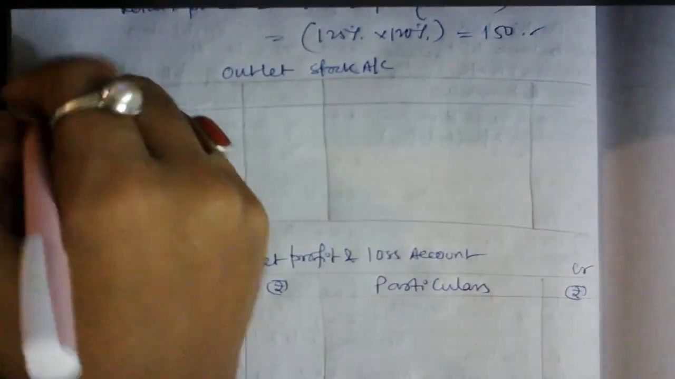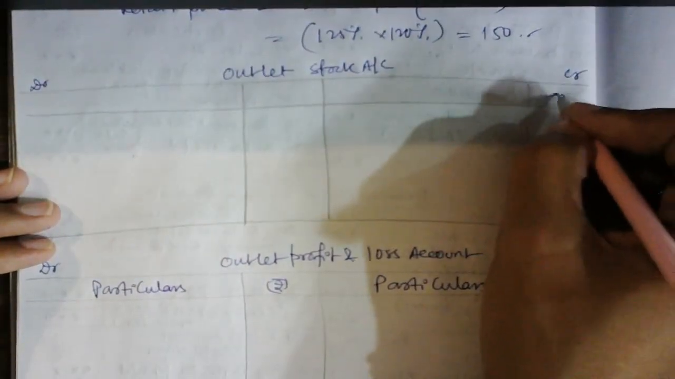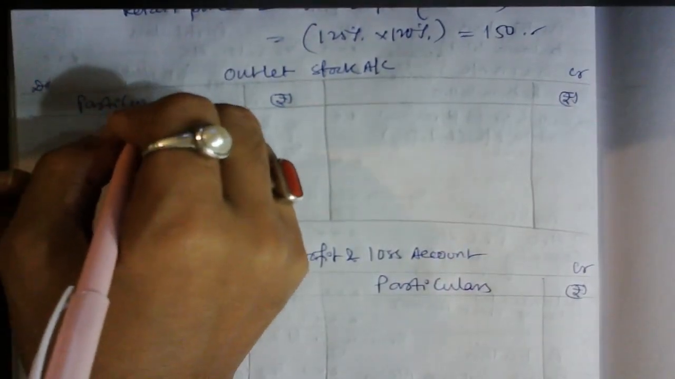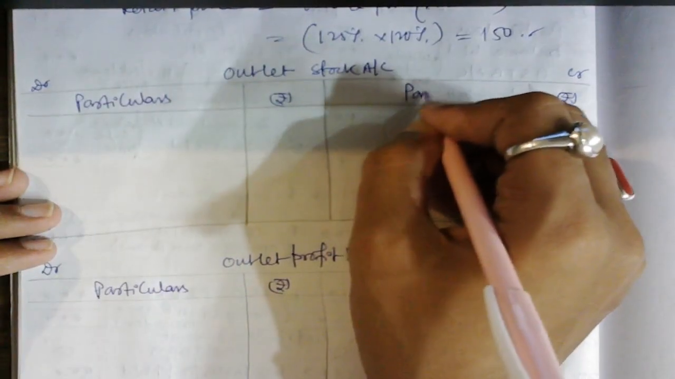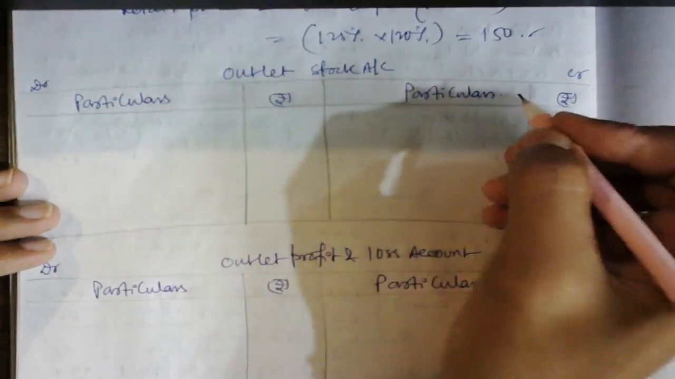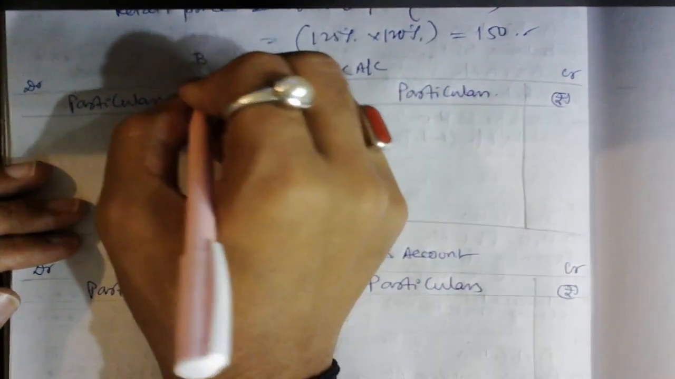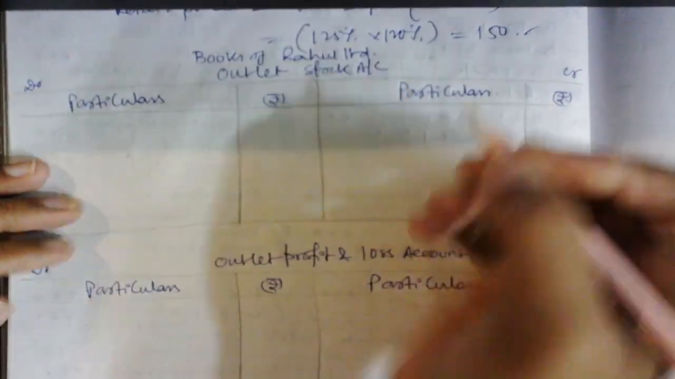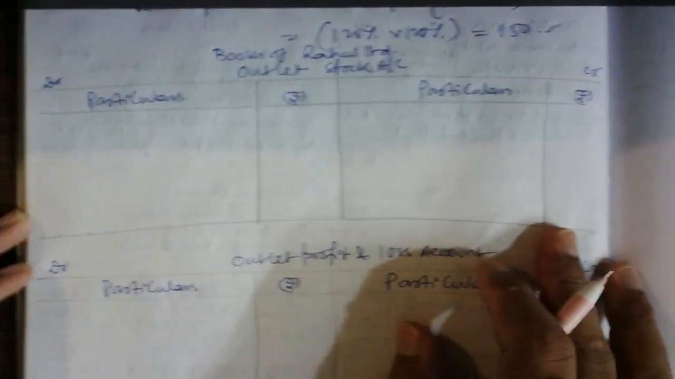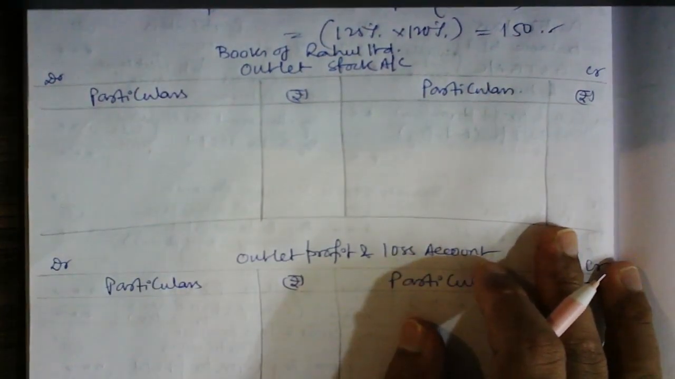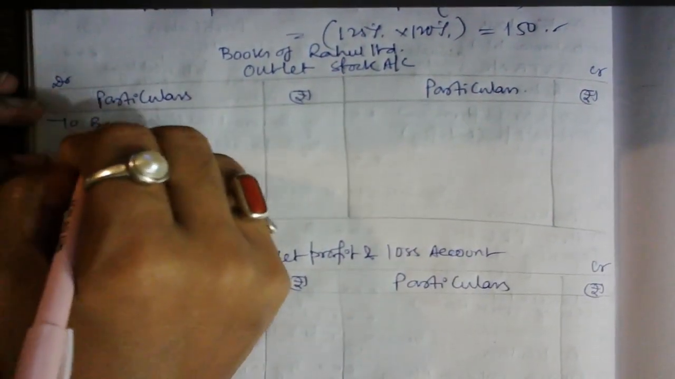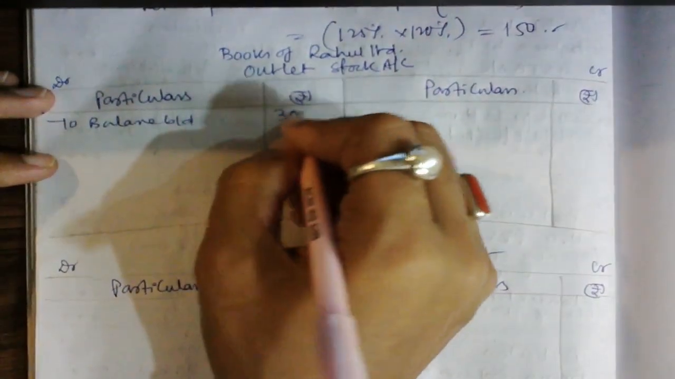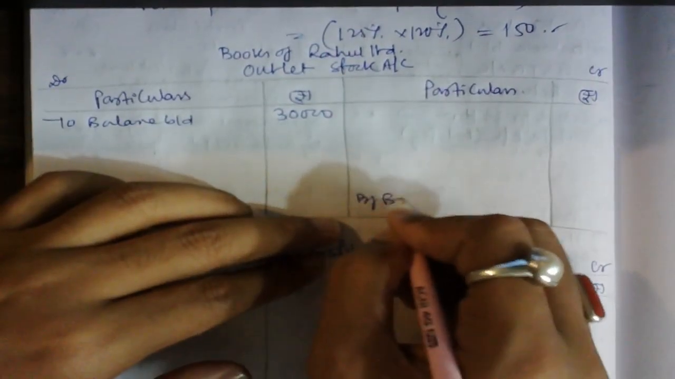Okay, now let's try to solve this. It is in the books of Rahul Limited. Okay, so you can write books of Rahul Limited. Perfect. Now let's do it. First of all, it's given in the question opening stock. So you can write here to balance b/d. The balance is given 30,000. Similarly, by balance c/d